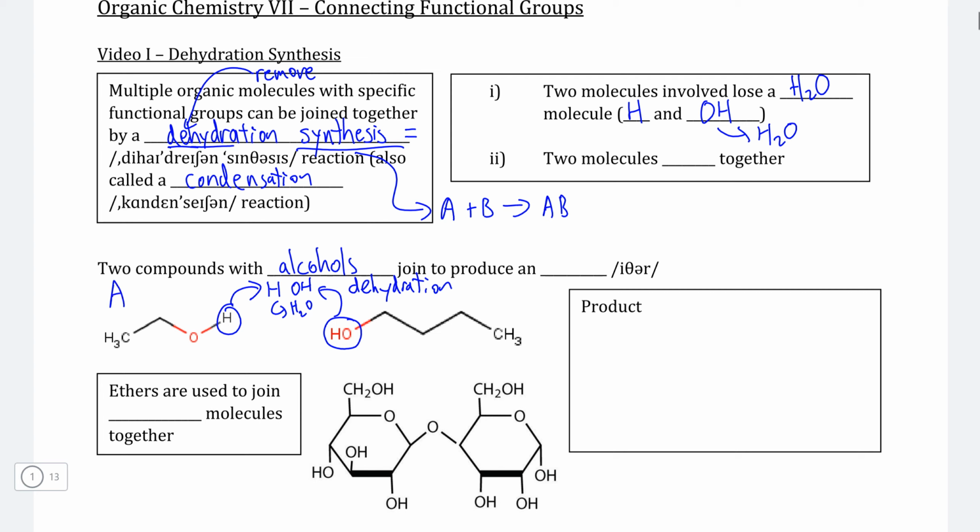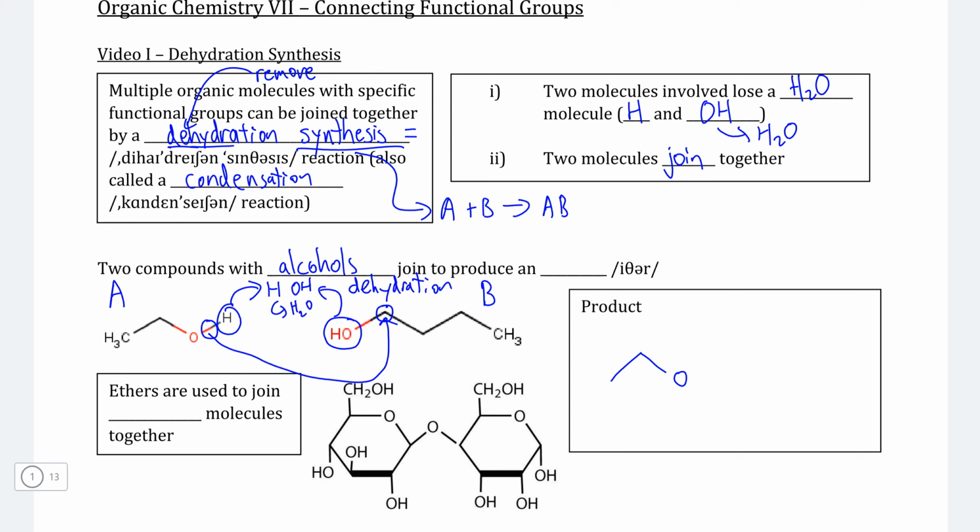So we can consider the alcohol on the left to be our A molecule and the alcohol on the right to be our B molecule, and these two are ultimately going to join together. So why does this happen? Well, when the dehydration has finished, remember that it is impossible to create or destroy electrons, which means that the electrons in this bond are still there and need somewhere to go, which means that this bond is actually going to reform by having this oxygen connect to this carbon here that is now missing the OH group on this side. And if we are to redraw what this molecule looks like without the water that has now been removed,